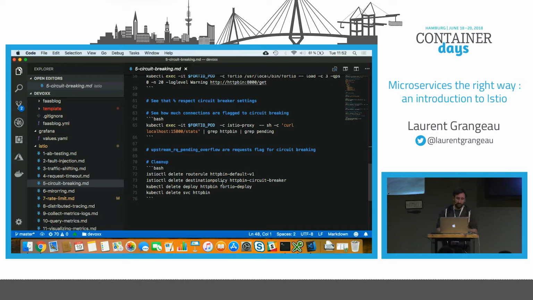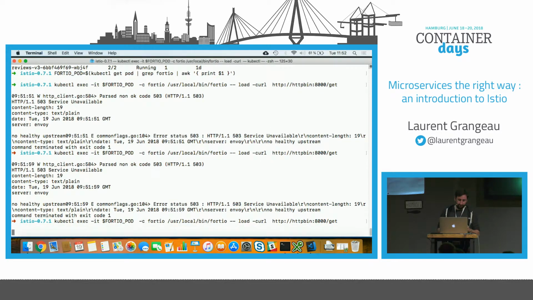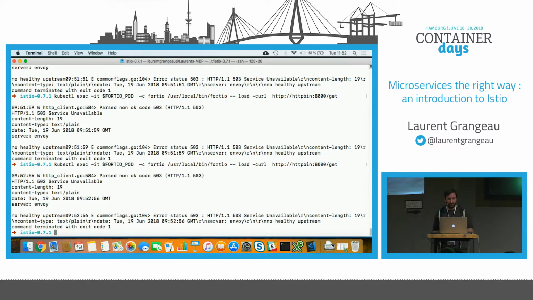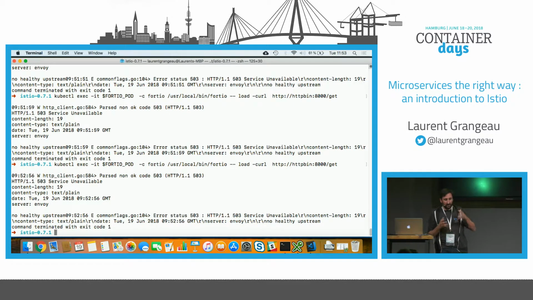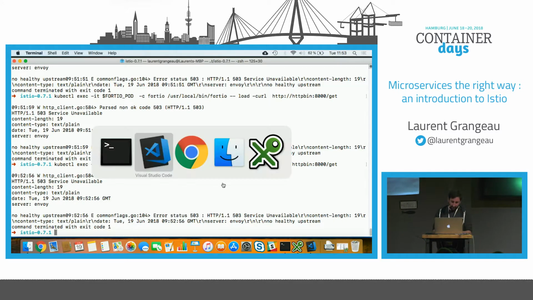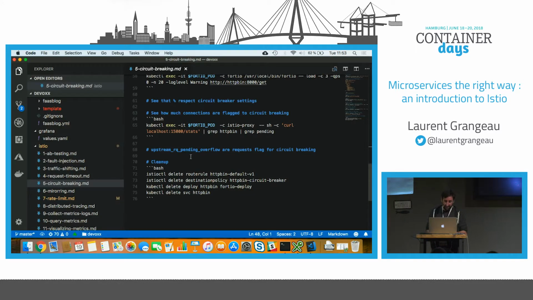And you can, for example, apply that to your application and just deploy your application without coding that in your application, because circuit breaking is sometimes coded by the developers, and it's hard coded in their code. So it's not the good way to do that, but it's better to do it this way.